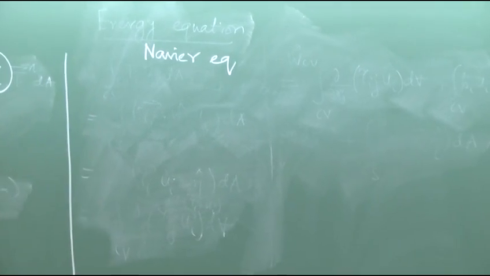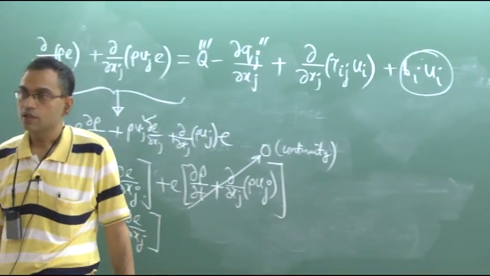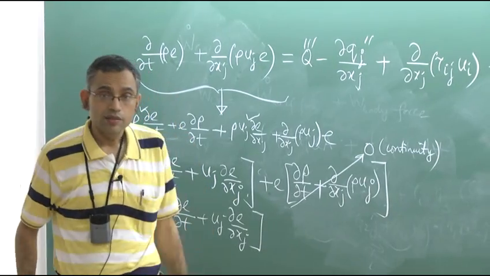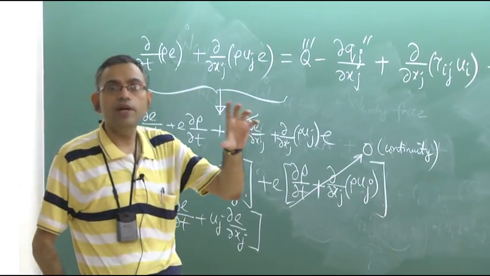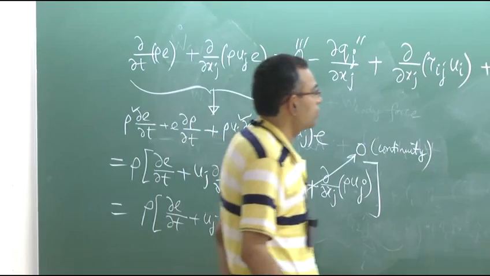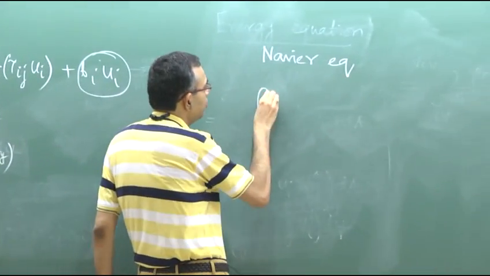Navier equation, what was it? It was an equation of momentum balance. So in a conservative form, rho